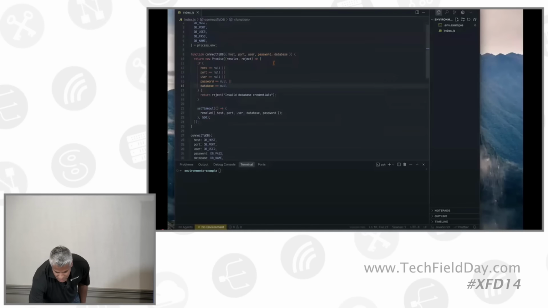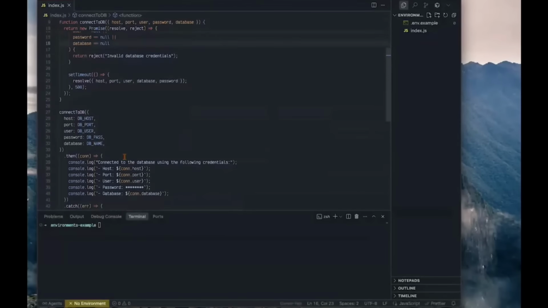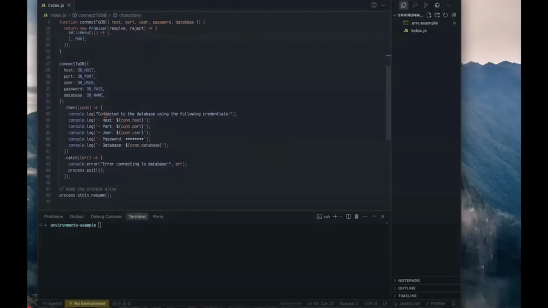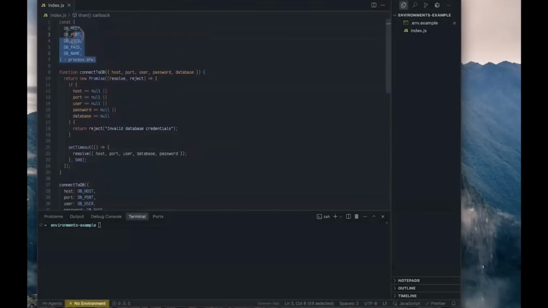Okay, so what are we looking at here? A developer on the team built a really simple app in Cursor that's connecting to a database. That's it. And there are a bunch of credentials here, like the host, the port, the username, and password to get into the database, just database credentials in general, right? That's kind of what's happening.